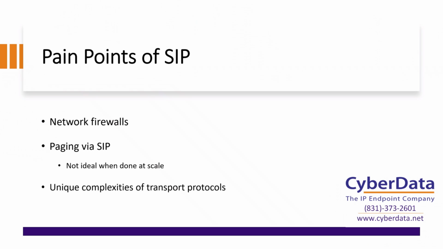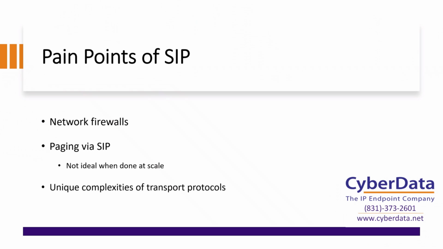That's 4 simultaneous connections to the server. So that eats up some of your network bandwidth, and that's only at 4. If you scale it up to, say, 50, 60, 100 people, that's a lot of connections to a server, and that can eat up a lot of network bandwidth. So it makes paging via SIP really not ideal for extremely large-scale scenarios, and paging in general,